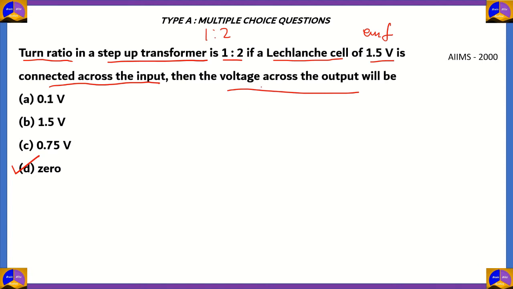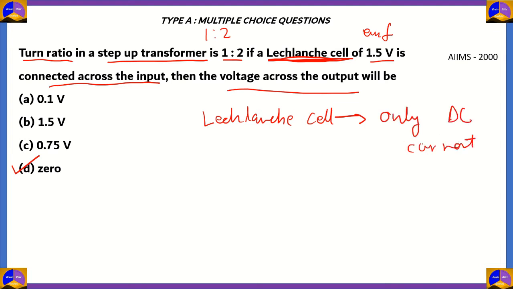How does this happen? Well, if you look at the question, you see that our power source, or the source of voltage, is a Leclanche cell. And this Leclanche cell is a battery which provides only DC current. And a transformer is a device which works on AC current. So since the transformer is getting DC current,